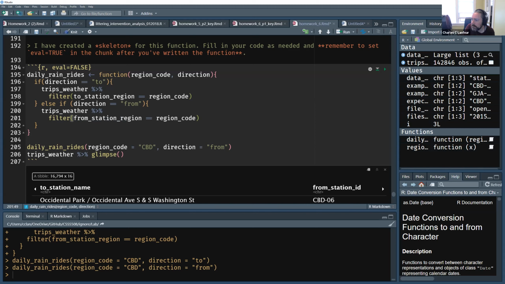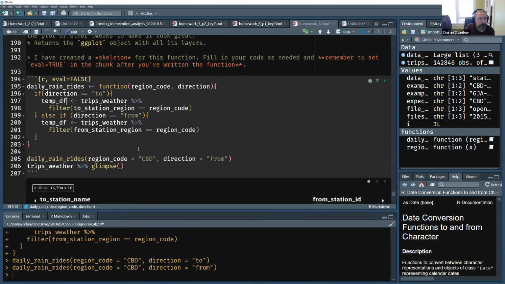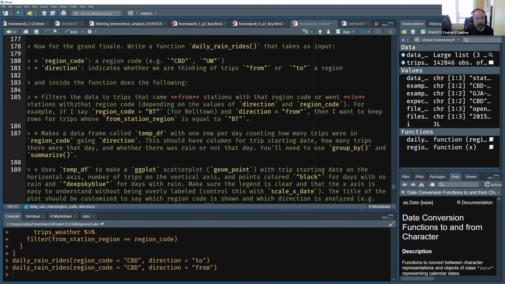Okay, so I'm just going to call this, let's call it, assign it to tempdf here. So what this is going to do is inside the function, when it runs, it's going to assign a little temporary data frame in here, and then we're going to do some magic with it after that. Okay, so we essentially did this. It filters the data down to trips that come from stations with that region code or went to stations with